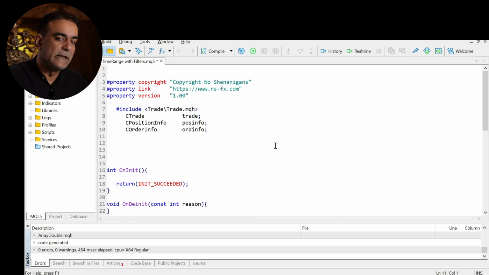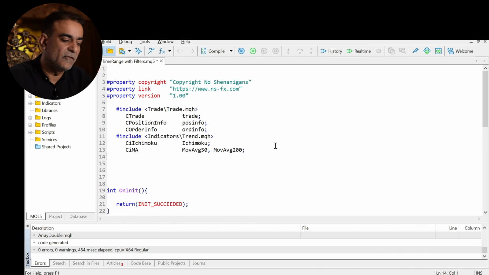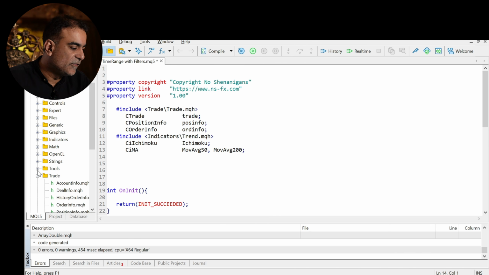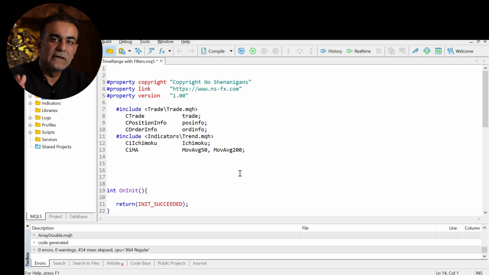Then because we're using two indicators in this EA, I need to also reference the trend indicator file, which is available here in the indicator folder as trend.mqh. And this file contains all of the code that MQL has written for all of the trend-based indicators, and Ichimoku and moving averages are two of them. Now I'm using the classes CiIchimoku and CiMA, and I'm assigning one to a variable Ichimoku that I'm going to use for Ichimoku. And then I'm going to need two indicators for moving averages, a fast one and a slow one. So I'm going to change it to fast